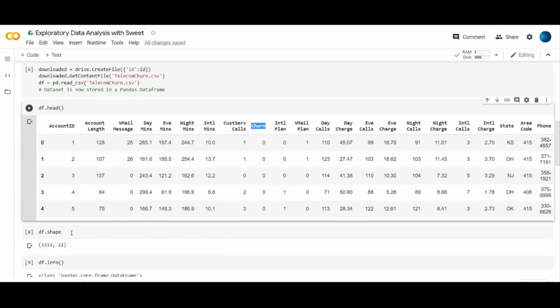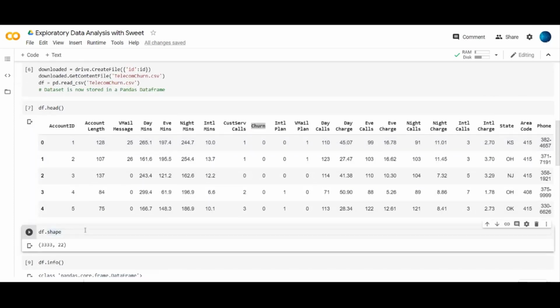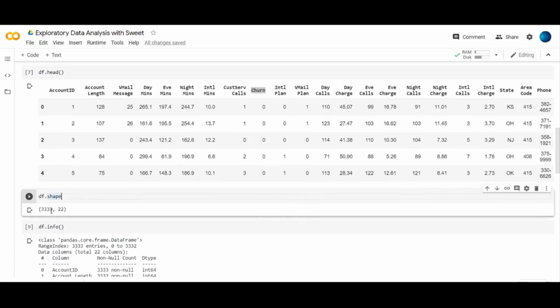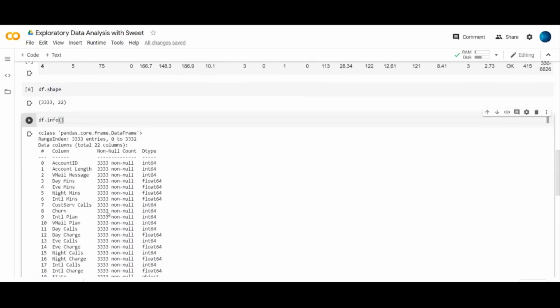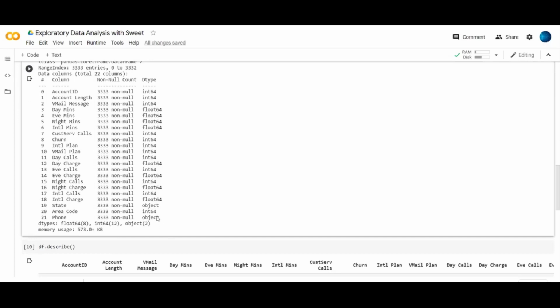And on top of it, we have all these other variables. Now let us look into the number of rows and the columns that we have. In our case, we have about 3333 rows and 22 features. Now let us look into the columns and their data types. When I execute this command, I see that we have a mixed combination of data types. Some are integer, some are float, and some are object.